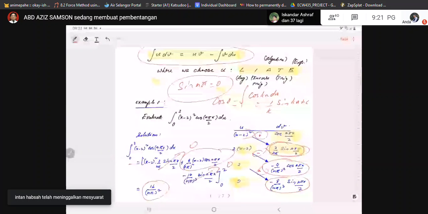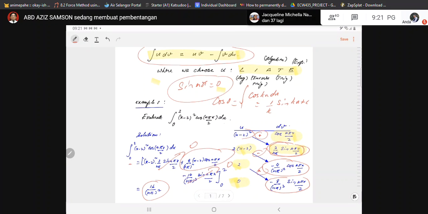Okay, so you work it out. It's quite a long way to do this before you reach this, right? But you have to do the substitutions carefully. Now,